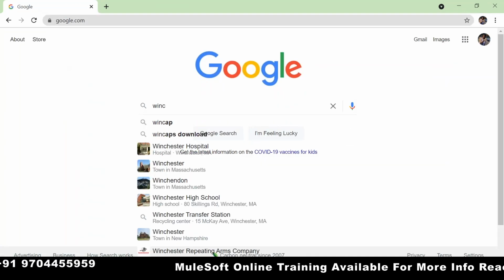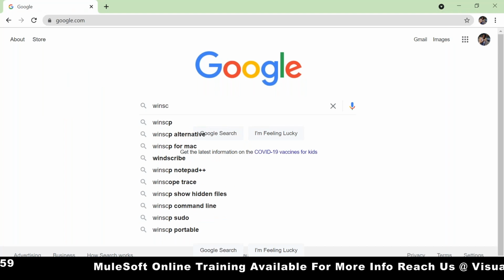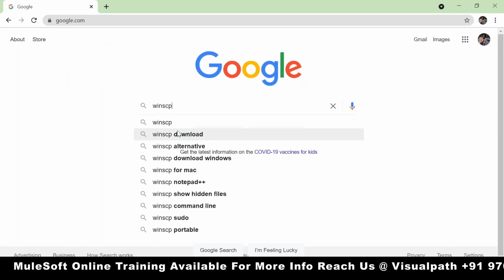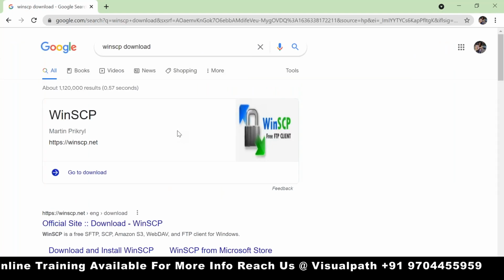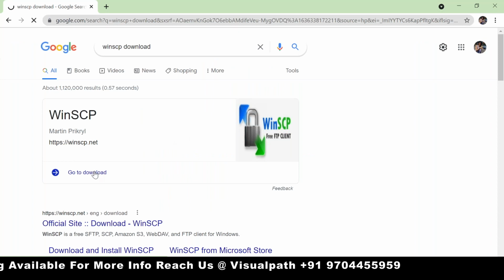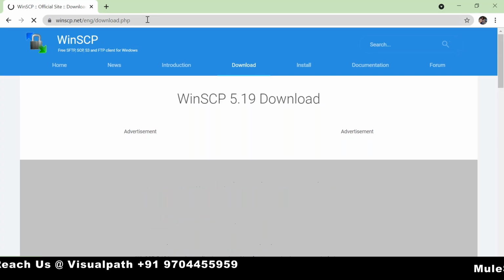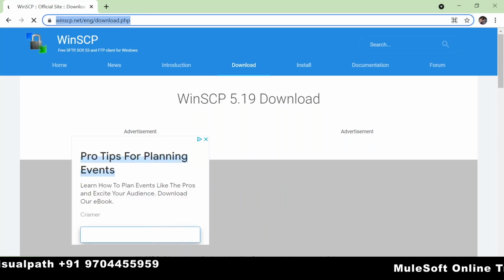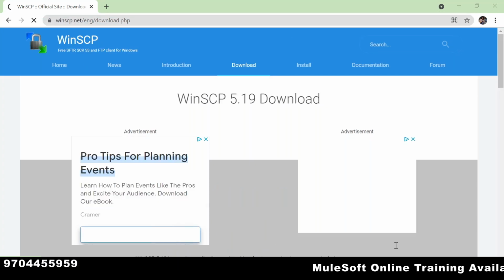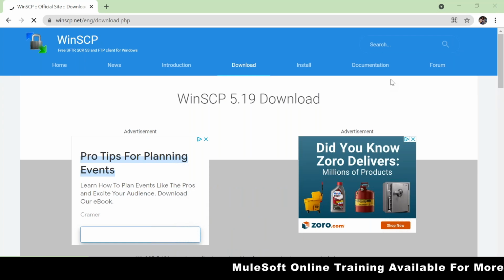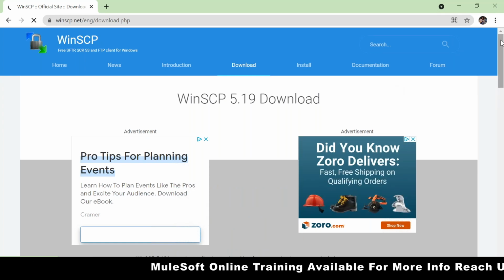Basically WinSCP or FileZilla will be used for transferring the files from one machine to another machine. You can use any one of these. Even in real time, you are going to use this software, either WinSCP or FileZilla.